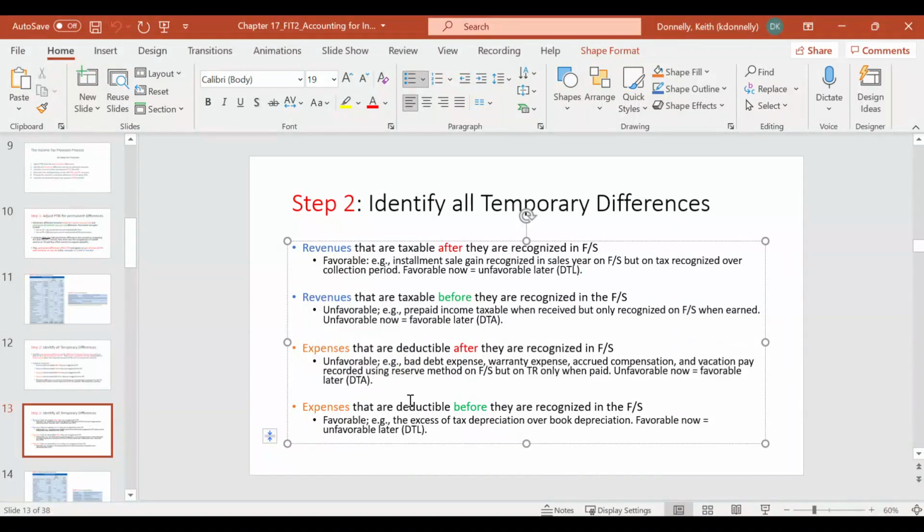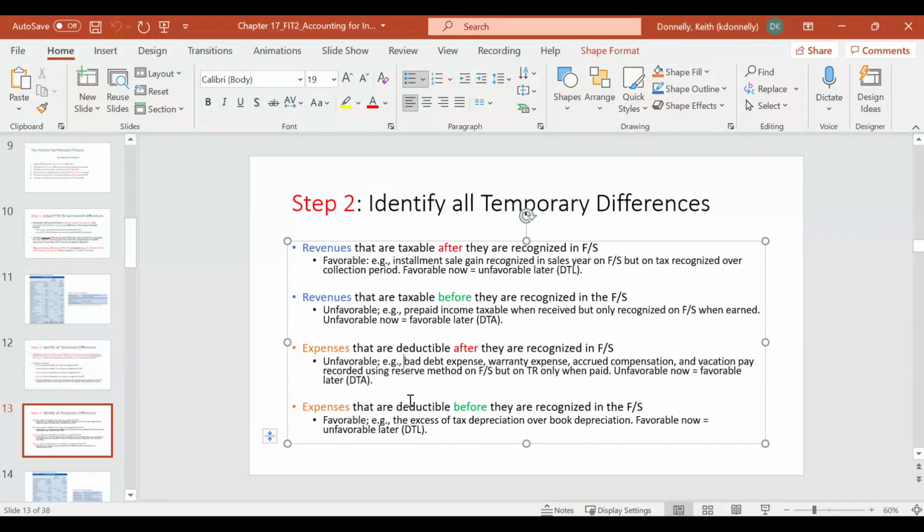Two others here. We have expenses that are deductible after they're recognized on the financial statements. So the idea here is you would have expense first on financial statements, and then in a later year, you would have expense on the tax return. So things like bad debt expense, warranty expense, accrued compensation, vacation pay. Basically, on the financial statements, we can accrue these and take a deduction now. However, the tax return says, no, you can't accrue them now. You can only deduct them when you actually pay them. So it's later. So that's the third type, expenses that are deductible after they were deducted on the